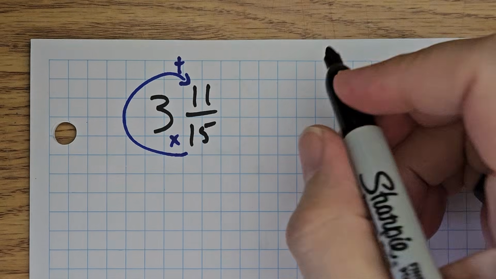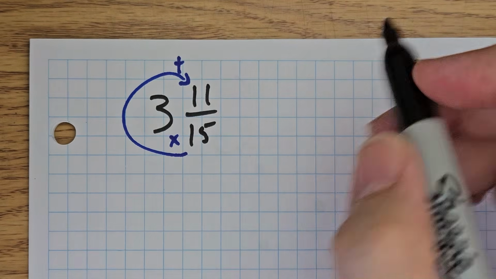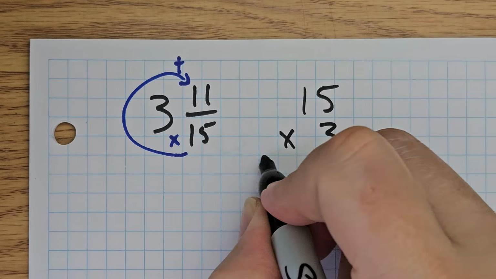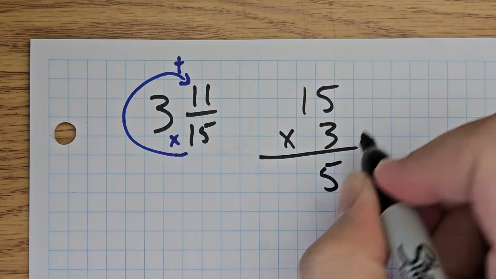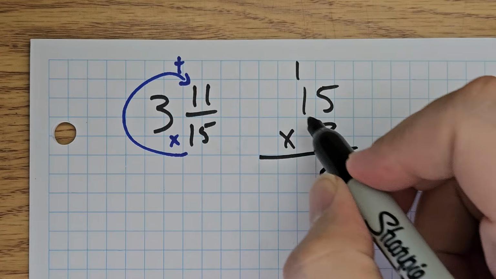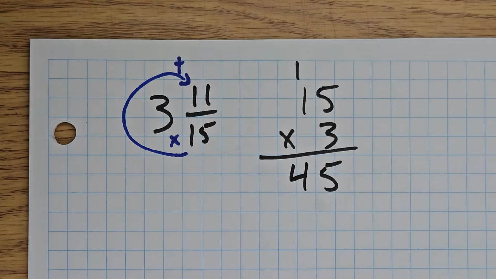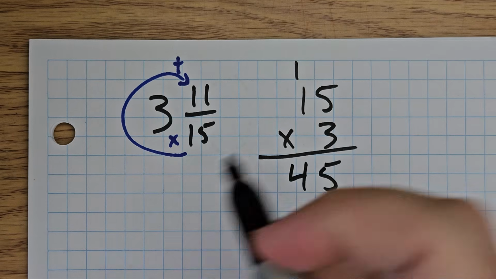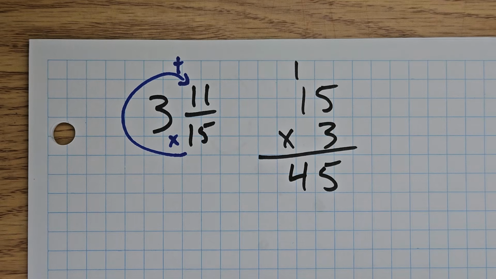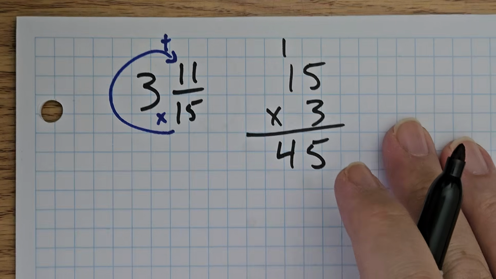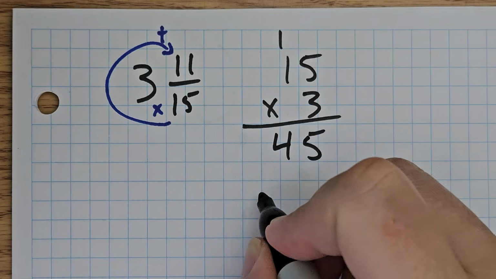So just to show my work here, we're going to start with 15 times 3. 5 times 3 is 15. Carry the 1. 1 times 3 is 3, and 1 is 4, so 45. Or if you think about the clock, you do 15 minutes, 15 minutes, and 15 minutes, it makes 45 minutes. So then we're going to add the numerator here, the 11,